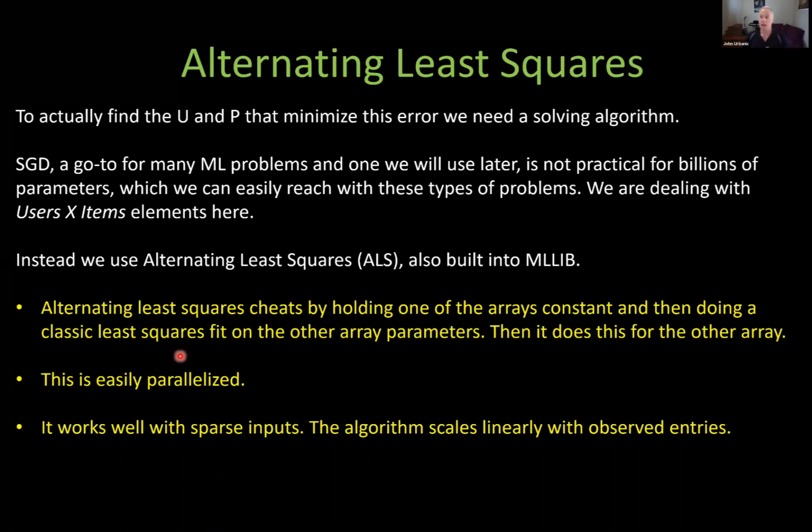Well, I'll explain to you briefly how it works. We're going to treat it as a black box largely that Spark can provide for us. So you don't need to know the details, but it's not that complicated, so I can explain it here. Alternating least squares basically says we're given R. That's our real matrix we're going to fit. So U and P are both unknown matrices.